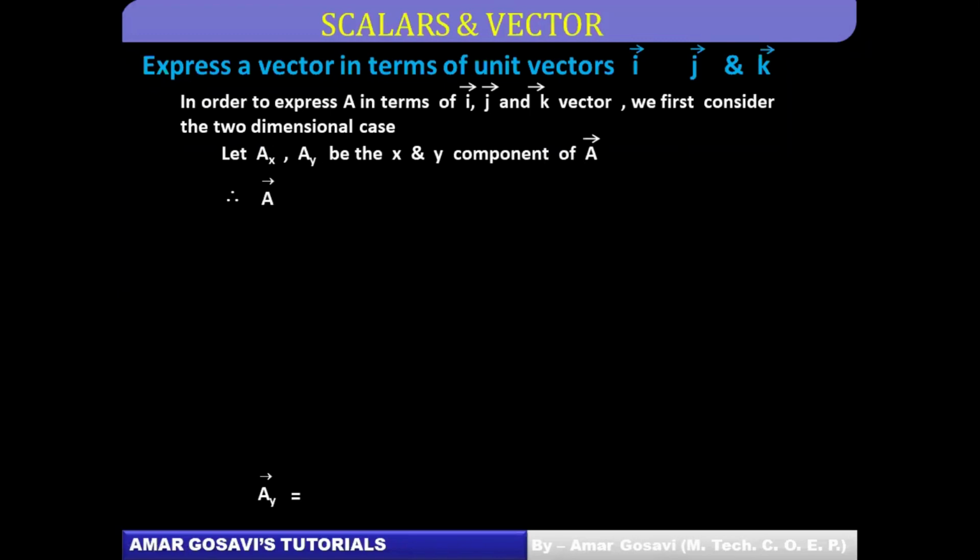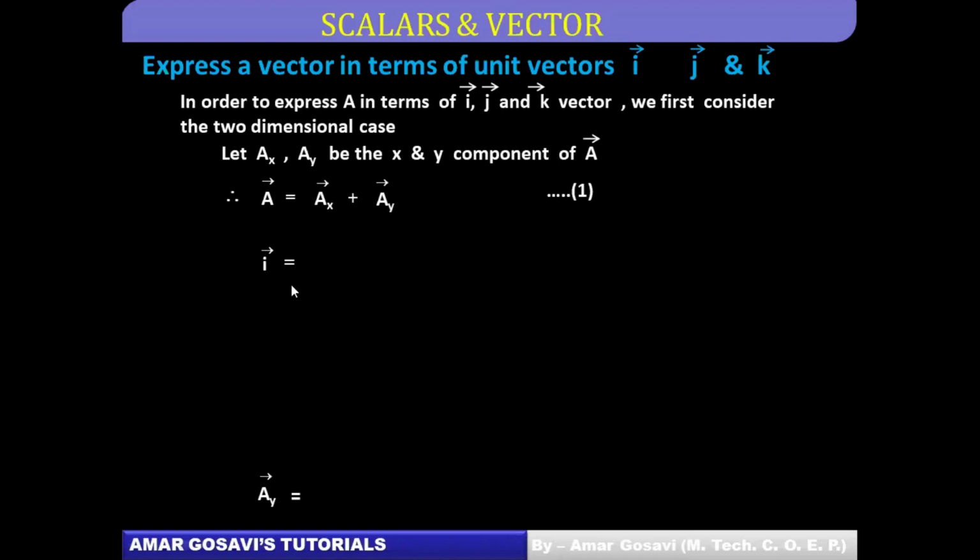So a bar, which is vector a bar in this case, in the two-dimensional case, would be represented as ax i cap, which will give the direction along the x-axis, plus ay j cap. But if you are putting a vector sign on this, that means i is not needed at this moment. The moment you remove the vector sign, that is the arrow on its head, you will be utilizing the components like i cap and j cap. So let's see how it is represented. Let it be equation 1.